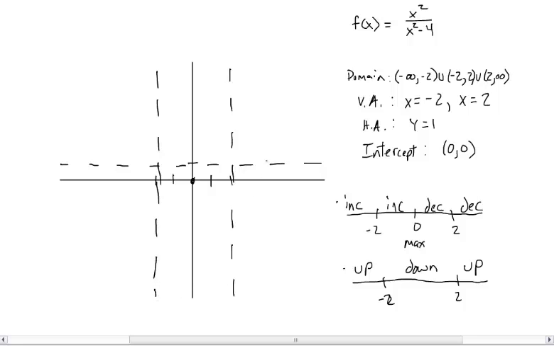So now that I have my asymptotes drawn, I'm going to look at one quadrant at a time. So I'm going to look from −infinity to −2 first. And I can see that I need to be increasing and I need to be concave up. And whenever you have vertical and horizontal asymptotes like this, your function is generally going to go from asymptote to asymptote. So here, we're going to be increasing and concave up